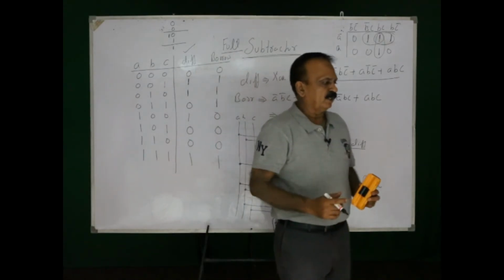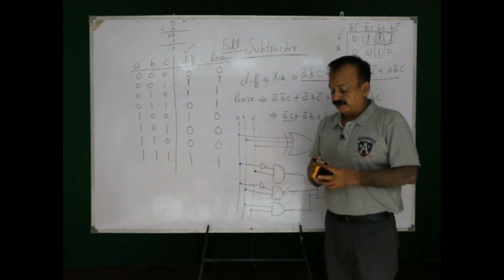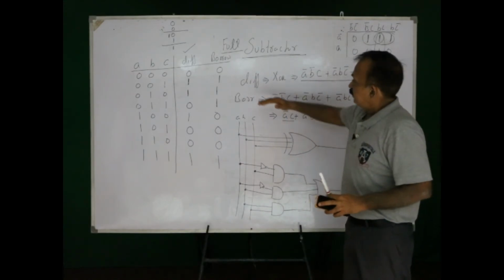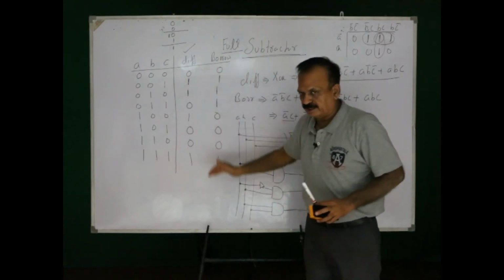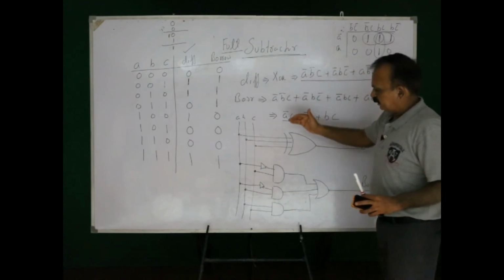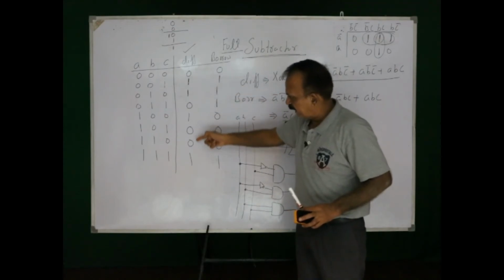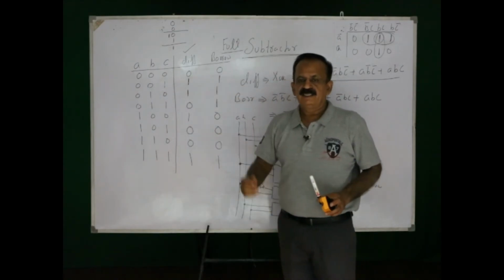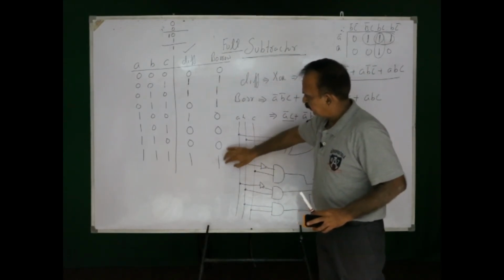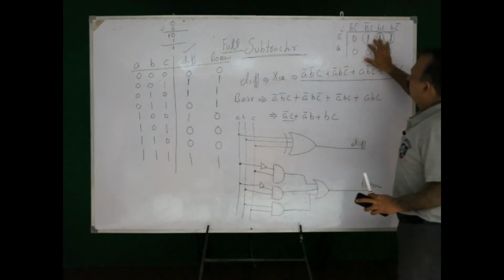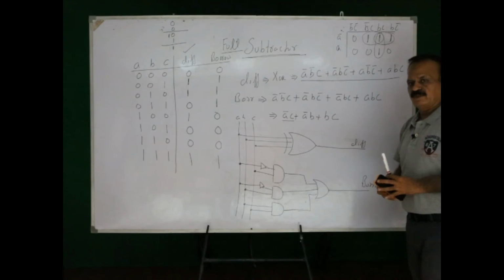Now this particular circuit is for the full subtractor, and from the expressions which we derived from this truth table, we implemented these by using the gates. Here the output is high when the number of high inputs is odd, that is why we selected the exclusive OR gate. For this expression we simplified the expression by using K-map, and then a circuit is designed for this process.